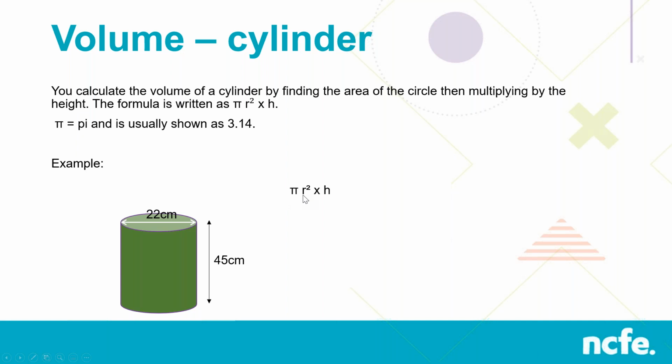So here we've got pi r squared times h. We're not given radius, we're given diameter. So we need to remember 22 divided by 2 equals 11. So we need to remember to divide by 2 to get the radius. Then to find r squared, 11 times 11 is 121. And then 121 times 3.14 is 379.94. And then if we multiply that by the height, 45 centimeters, it gives us an answer of